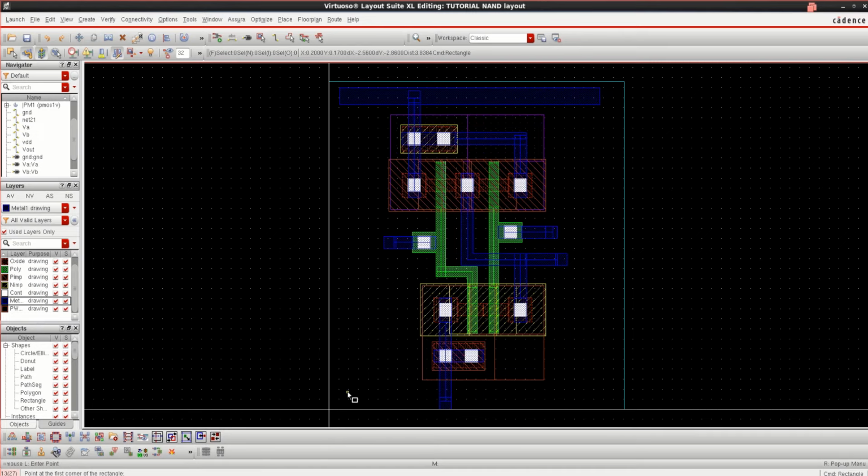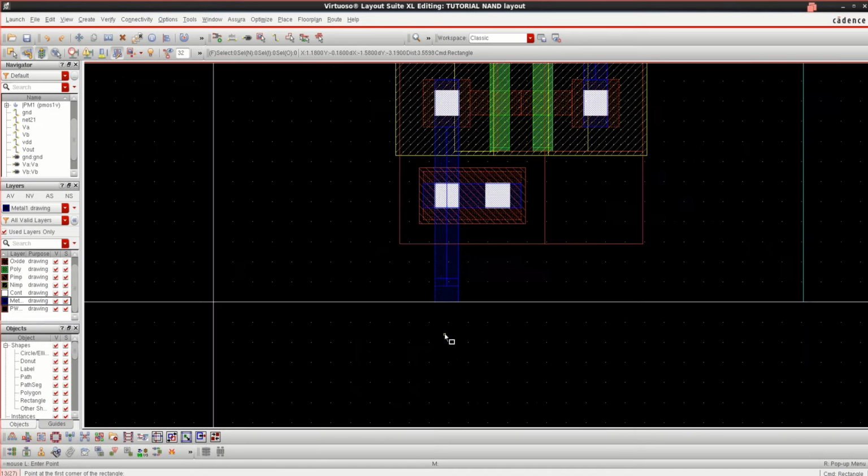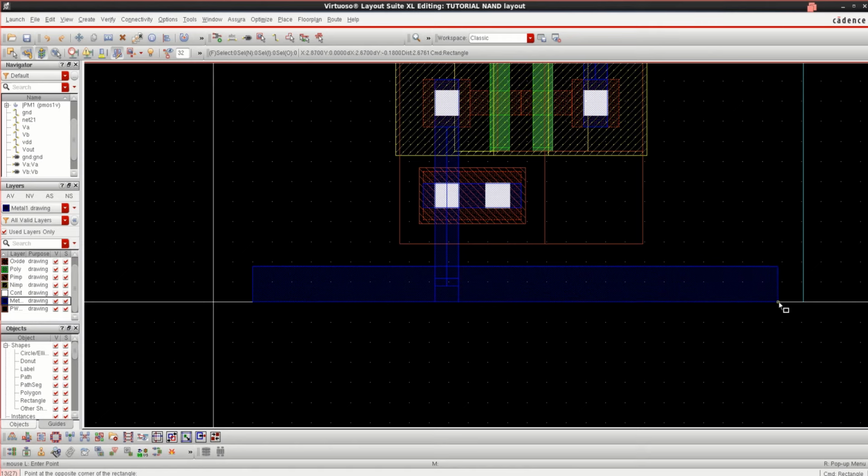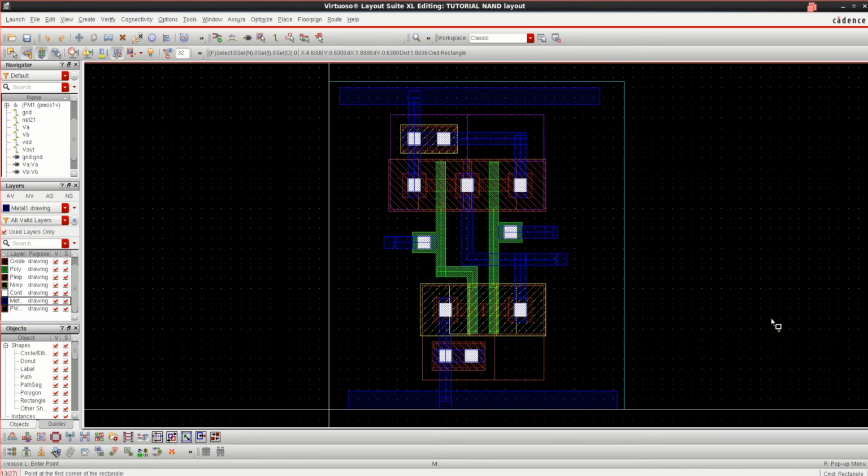Similarly for this also. Fit window, the design is completed. Save the design.